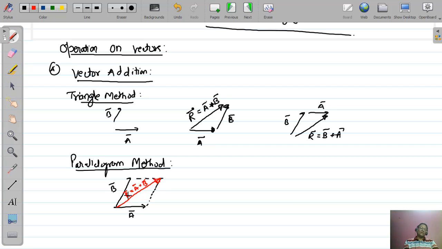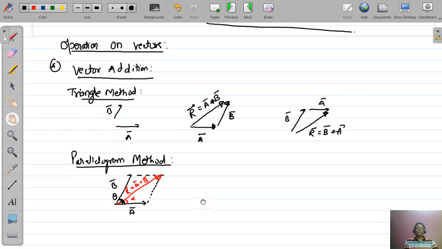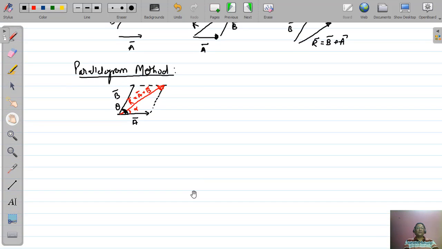The task is, what is the value of R? That means what is the magnitude of R and what is the angle. Let this angle be alpha and the angle between the vectors A and B be theta. So we have to find the magnitude of R and angle alpha